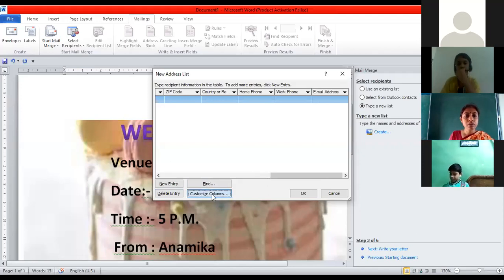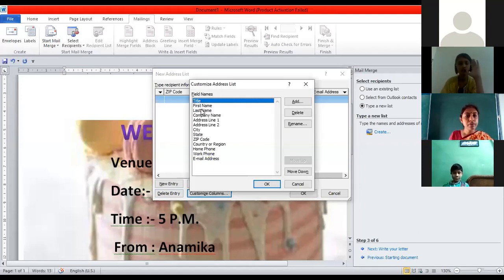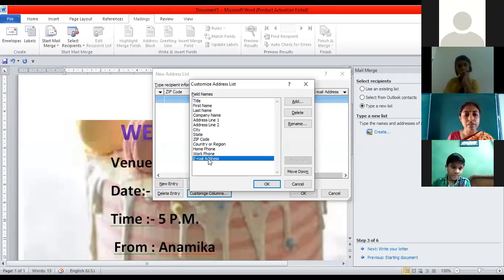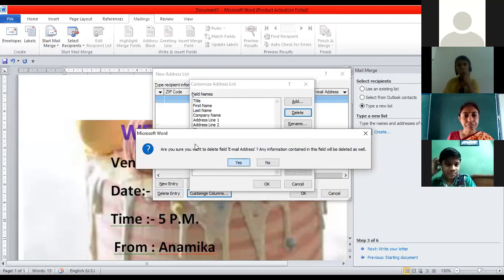These are the different columns: title, first name, last name, company, address 1, address 2, city. All these things are there in the form of different columns. Which you want to be written on the letter, only that should be here. Just suppose I don't want the email address, so I will select that and delete.